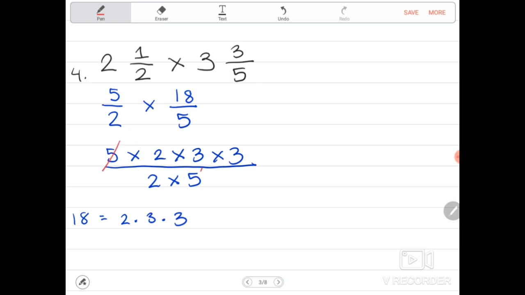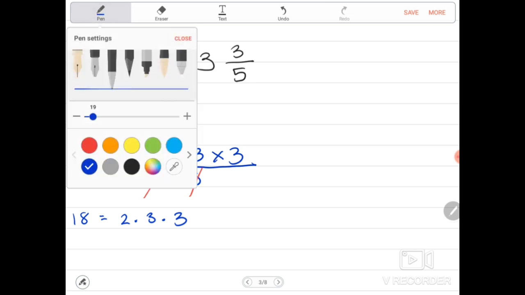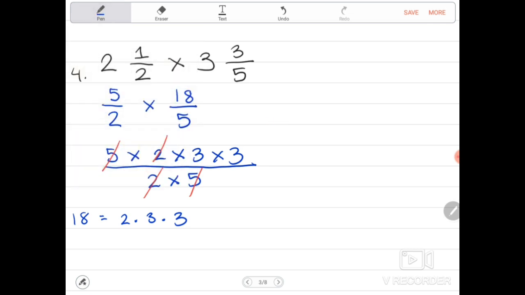So 5 canceled, then 2 is canceled. As you can see in this example, there's no remaining in the denominator, the same as numerator. So if all numbers are being canceled in denominator, that is equal to 1. So this is 3 times 3, that is 9 all over 1, or that is equal to 9. Okay, next,